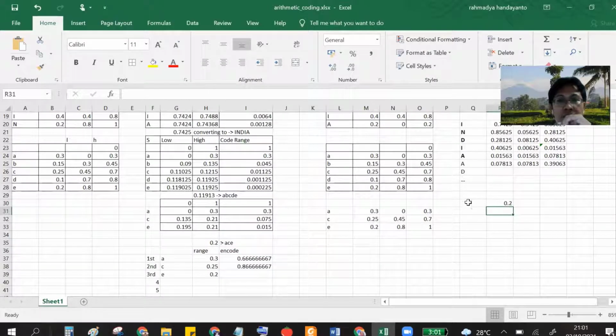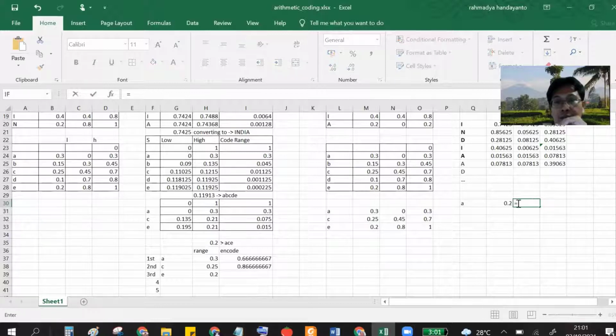You see from the table here, 0.2 is A. This is A, and then you have to subtract this with the lower bound. Lower bound is 0, and then you have to create a new value divided by the range, which is 0.3,